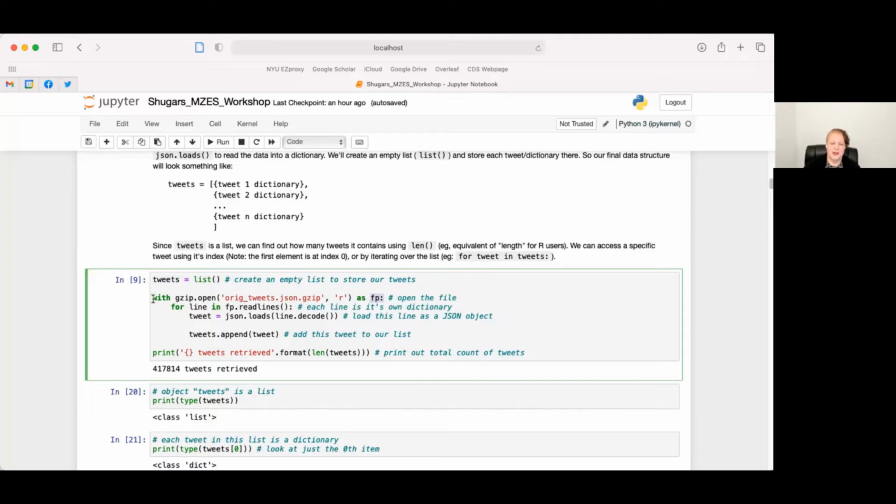This is the standard syntax for how you open a file. You could also open it and then explicitly close it, but use it by using this with open statement. Essentially, you're saying, while it's open, do stuff, and then it will close itself. And we call it fp here because it's a standard thing, but we could call it whatever